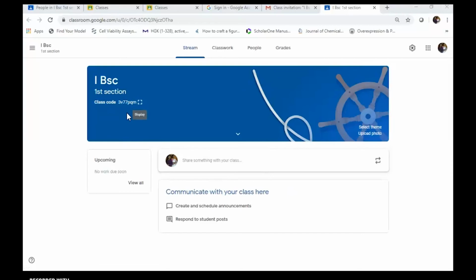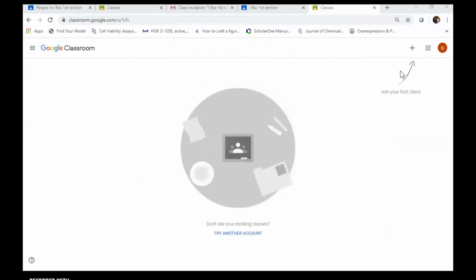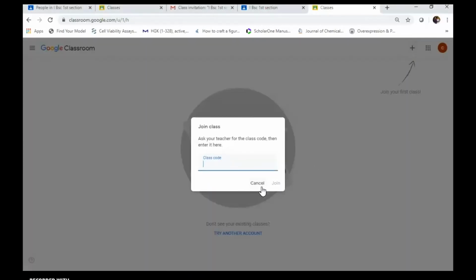Automatically it joins with your class code. Otherwise you have to give the class code. If the Google Classroom prompts to ask the class code, then give your students this class code. Then this is the part which appears with your students. For example, if your students window appears like this, then they can join the class using the class code. Type your class code or just copy paste, then join the class. This is your students joining your classroom.